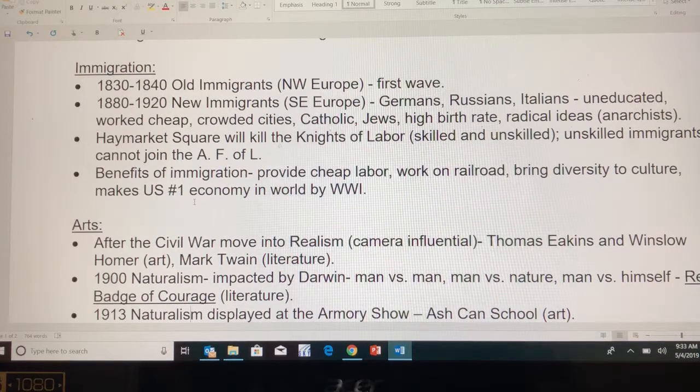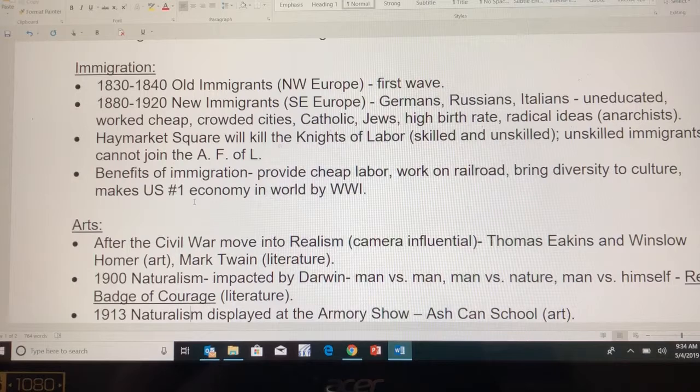The second wave of immigrants are coming from Southern and Eastern Europe. We are seeing that they are uneducated. They're the cheap work that is coming into our industrial factories. They crowd the city. This leads to anti-Semitism because many of them are Jews. This leads to nativism, xenophobia. And we're going to see we start to associate these people with radical ideas when they start campaigning for rights. And this will lead to the creation of two